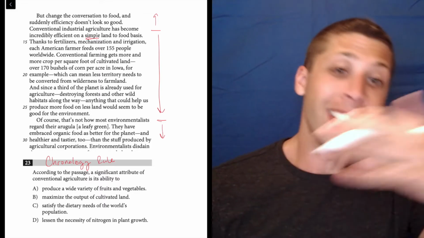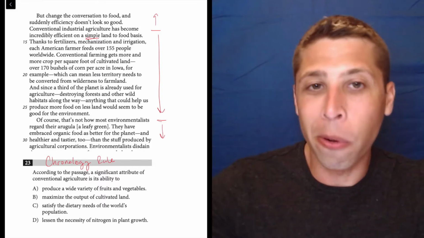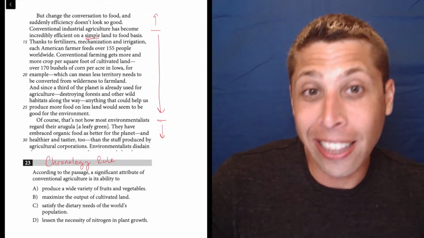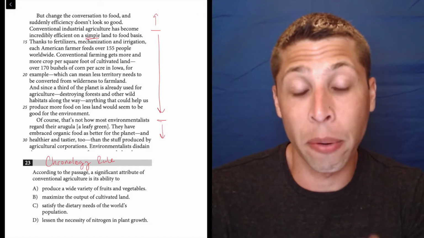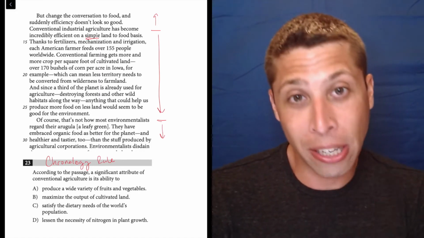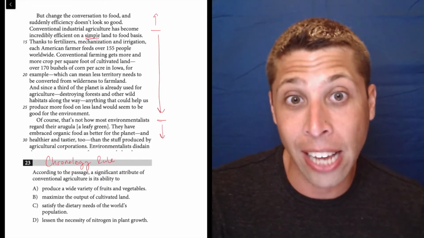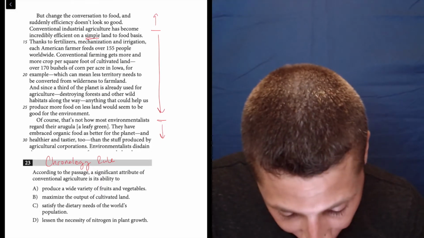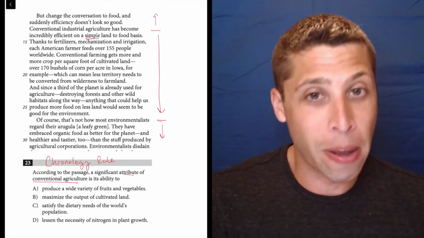And if the answer's not there, then fine, I can always read more. But why read more when we don't have to? If we can get the answer from these lines, then good, we've saved time. So what are we looking for? We want to make sure we're reading with purpose, so we want to be aware of what we're trying to find as we read. They're talking about an attribute of conventional agriculture. Well, luckily this whole paragraph is about conventional agriculture.